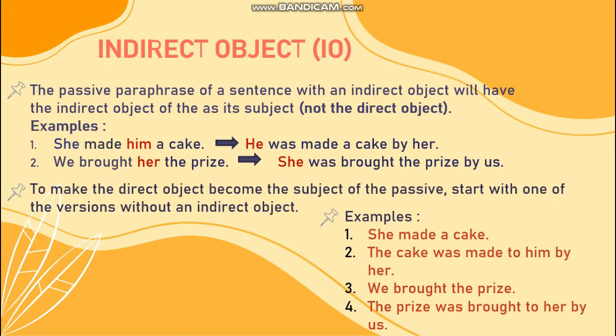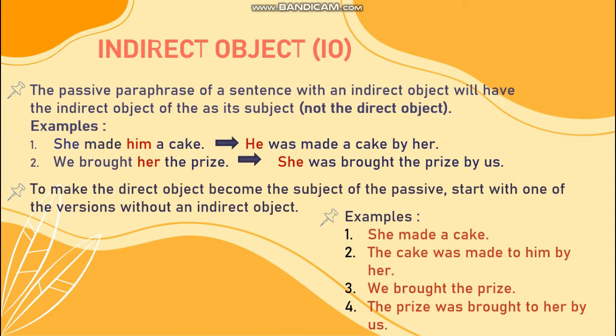Same as the second example: we brought her the prize, and then we change it into: she was brought the prize by us. And then, to make the direct object become the subject of the passive, we can start with one of the versions without an indirect object. Like in the first sentence, she made a cake. In the previous example, the sentence is she made him a cake. Here, we can omit the word him, and then in the second sentence, we can include the word him back,